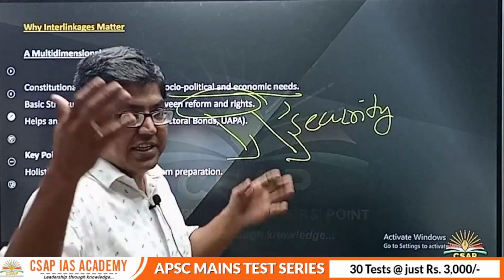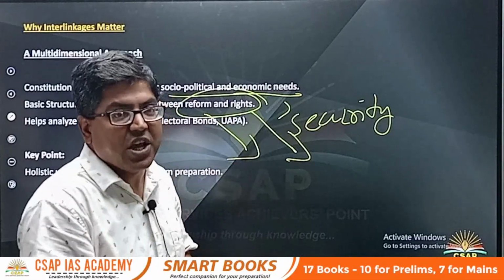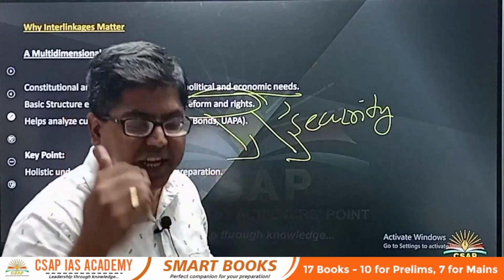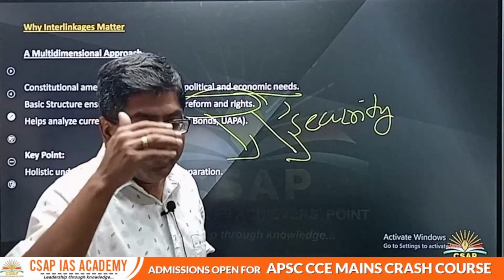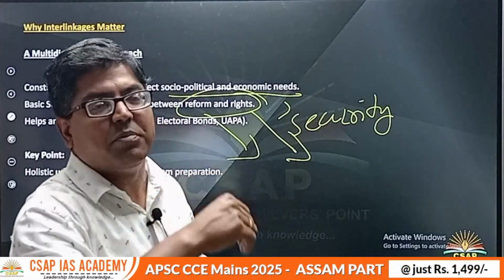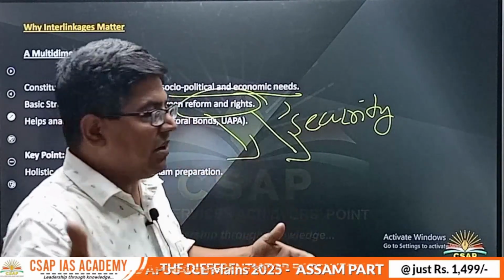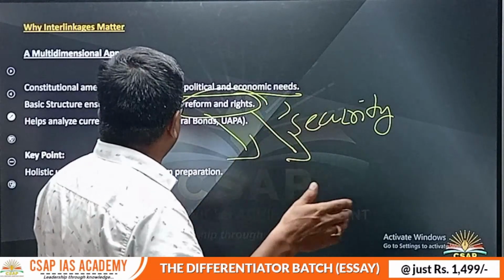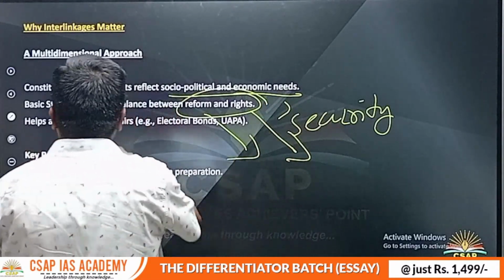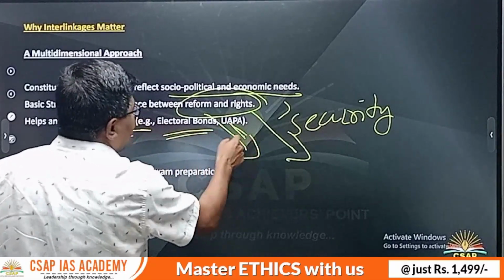In the Golaknath case, remember in the beginning we began with all those discussions of the Golaknath case, where they said that the fundamental right is sacrosanct and the Parliament's power to amend the Constitution stopped at the gate of the fundamental rights. But later on, of course, the Kesavananda Bharati case revised it, right? So therefore, this will all help us understand electoral bonds and UAPA in their perspectives, right?